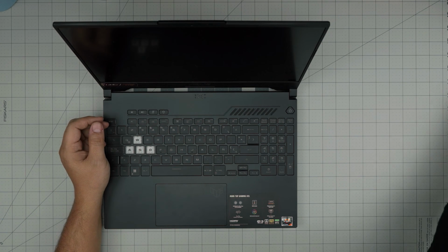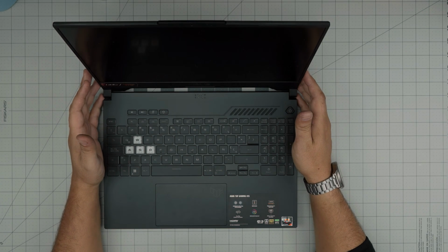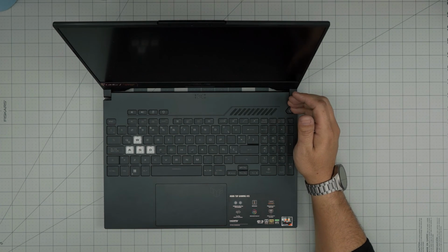Hello everyone, I'm back with another video, and in today's video we have an ASUS TUF gaming laptop. This is the ASUS TUF model A15. This one comes with an RTX 2050, 8GB RAM and a 512GB SSD, and the exact model for this one is an